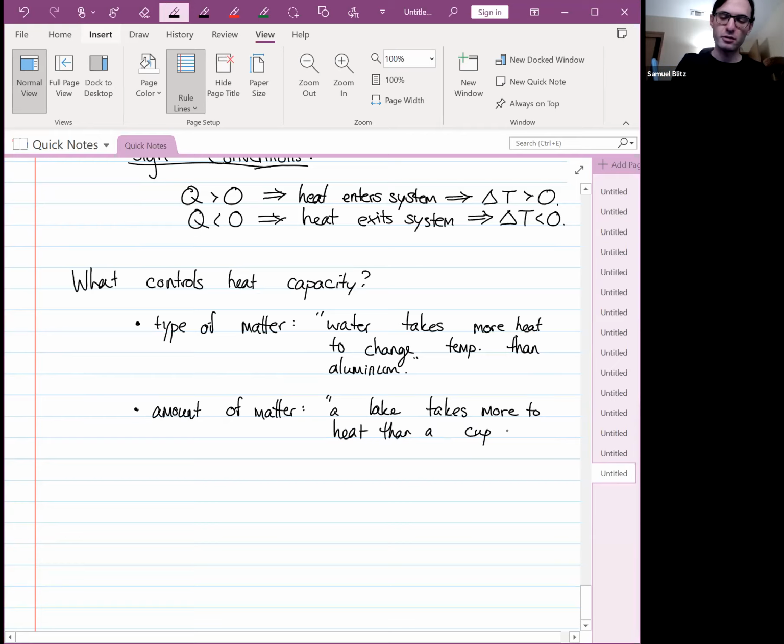Cup of water, that is. It just takes more energy to increase the lake by 1 degree than it would to increase the cup of water by 1 degree. So the things that affect